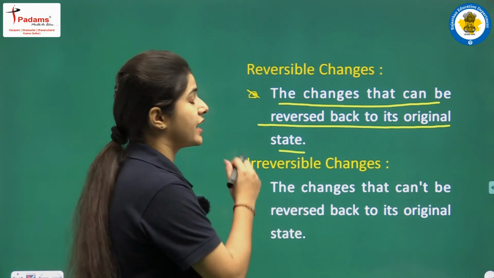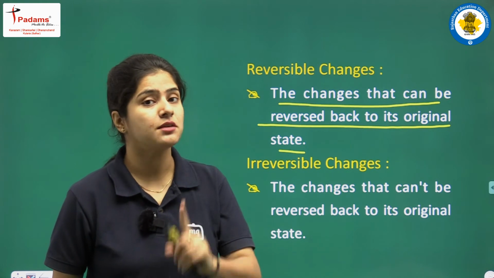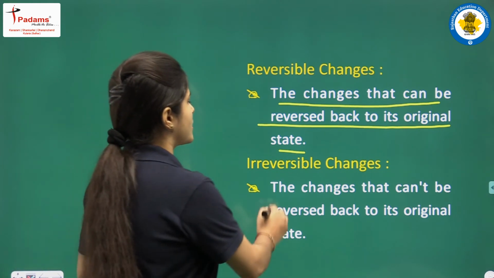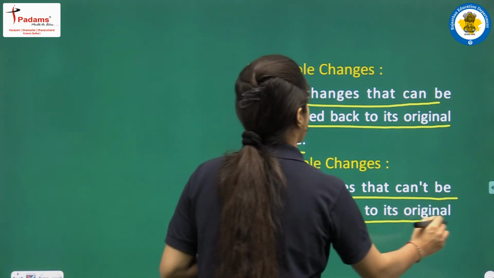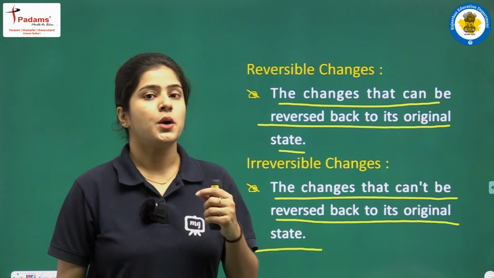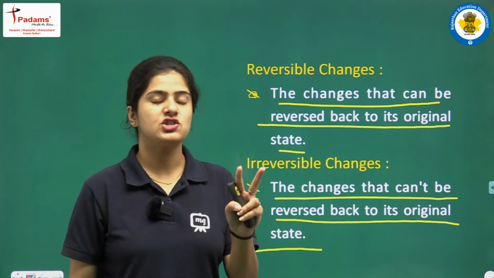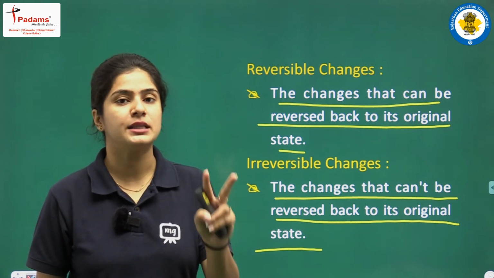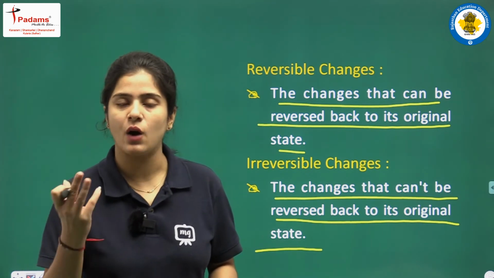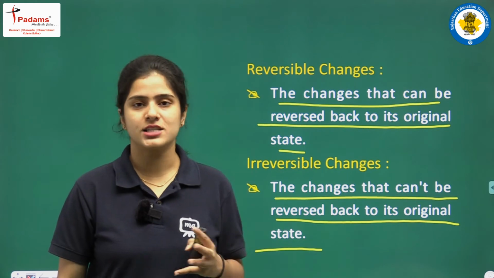Now the irreversible changes that we have discussed in the activity 4, 5 and 6. The changes that can't be reversed back to its original state are called irreversible changes, okay students. For example, we have pricked the bloated balloon and it is burst now. The second change, to make an aeroplane, we have cut the paper and made an aeroplane. The third change, that we have baked the roti out of a rolled out dough. So these changes can't be reversed, okay students.